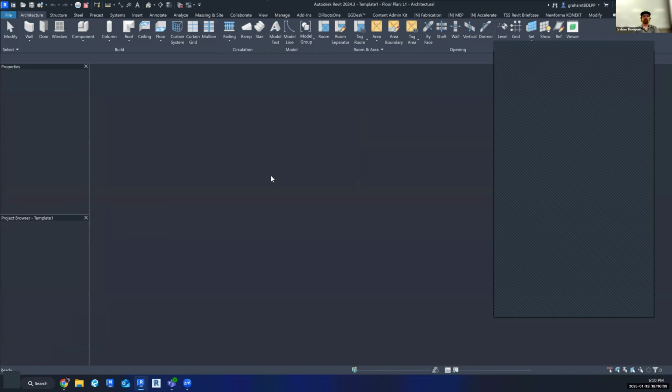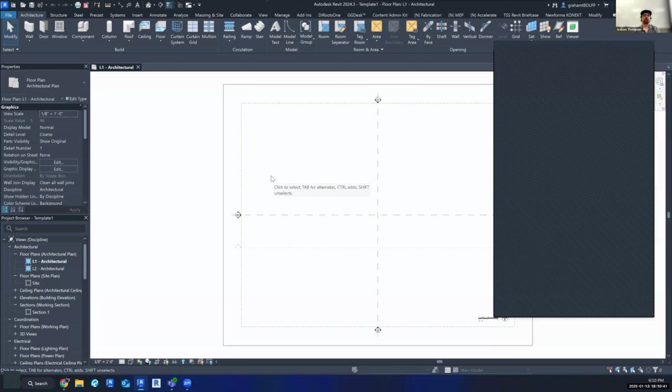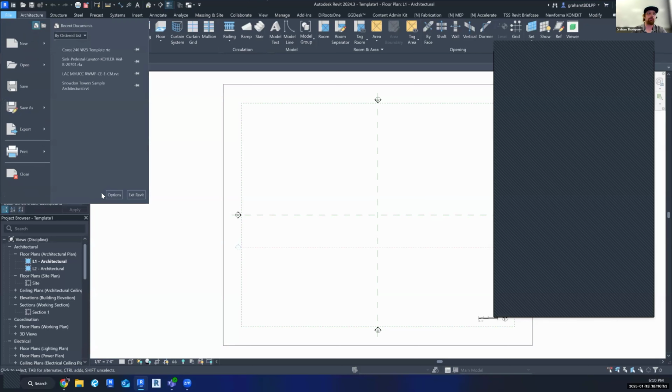And give it a minute to do its thing. It'll come up. Now, first things first, my screen probably looks a little different than your screen, right? Mine's white. I don't know if yours is black or not, but let's go ahead and come up here to the File